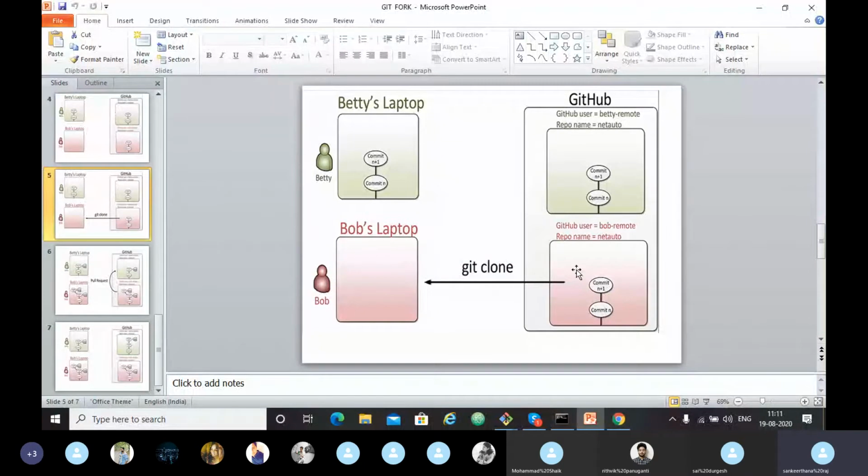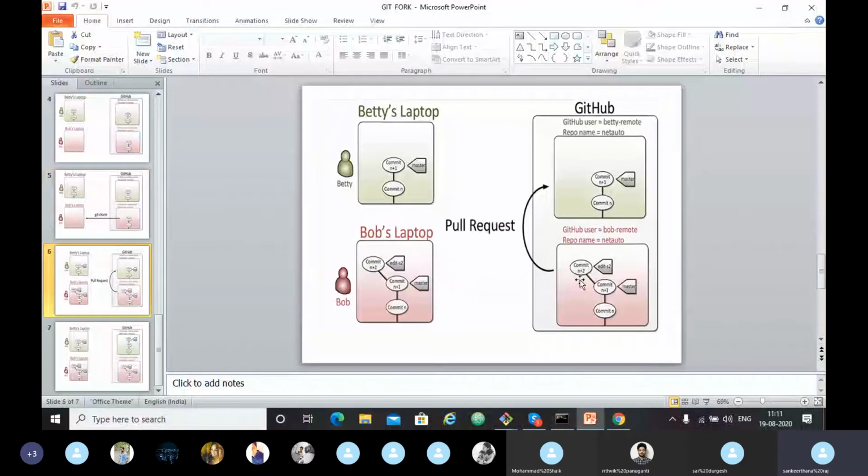So suppose he wants to suggest some edits to me, meaning he completed his work in his fork. After that, he wants to tell me that I need to make these edits in my account also. So he will send a pull request to me saying that I should make edits in my repository like this and this. From his fork, he will send me a pull request.